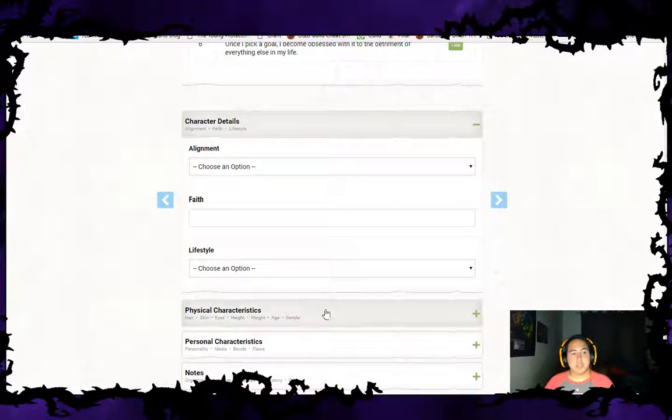So under character details, we start to get into the specifics about what others in the world would see of your character. So we've talked about the pen and paper stuff. This is where you really start to build on what makes your character unique, what gives your character life, so to speak. This is who do you want to be at the table when you start doing your presentation of, this is my character, and this is my background, and this is how I interact with everyone around me, and I already know this person, and they know me, and this is what they